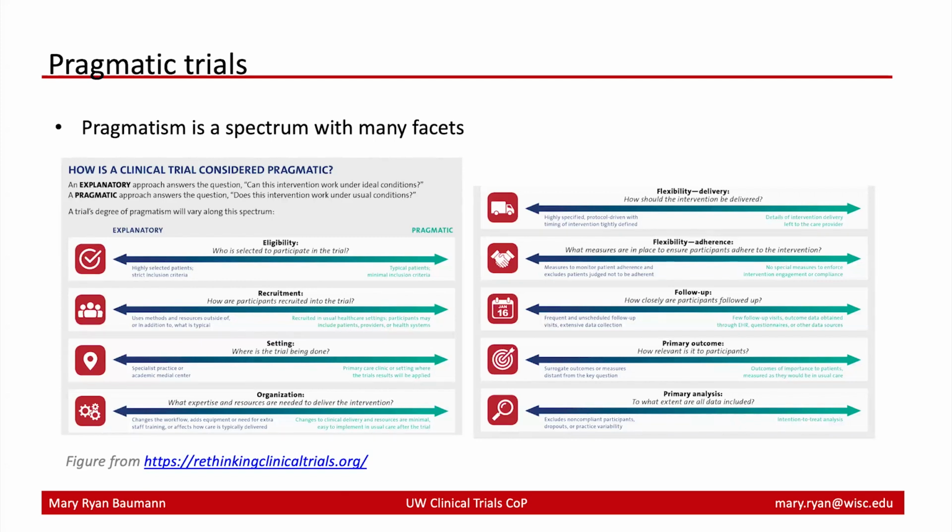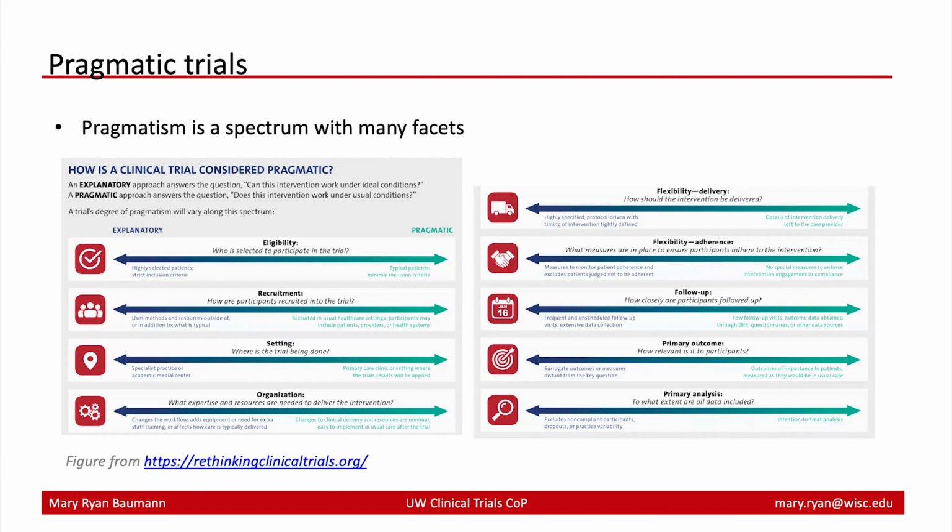So who is selected to participate in the trial if you had perfect recruitment resources? On the more explanatory end, we would have very strict control over eligibility, so lots of inclusion criteria. In explanatory trials, we usually see very few, if any, comorbidities, age restrictions, and restrictions on special populations, to make sure that we are performing research on populations where we're trying to isolate that mechanistic pathway and making sure we're doing it in a safe